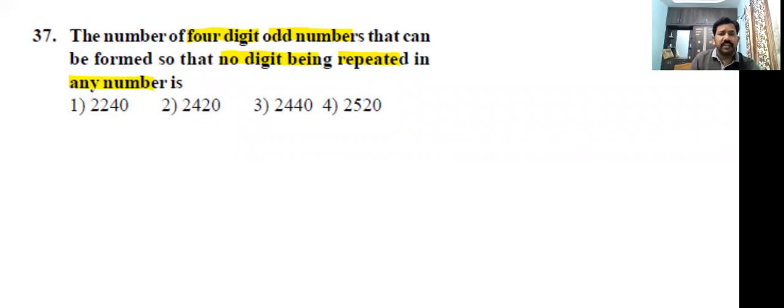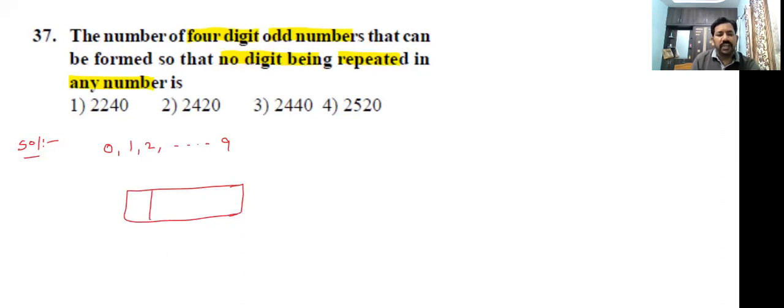But here they are not given. That means the digits are actually 0, 1, 2, 3, and so on up to 9. There are 10 digits. Now we want to form